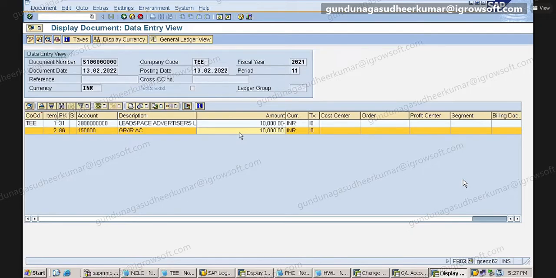How do you get the entry? Again, I cannot show it. This is a cycle, I can only run it once. No, sir, only for this accounting entry. How to see the accounting entry?